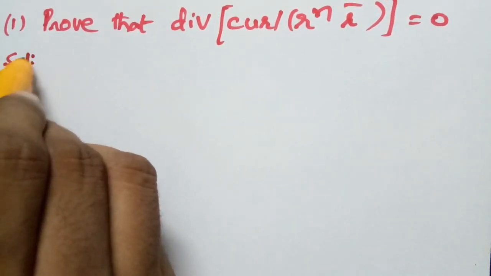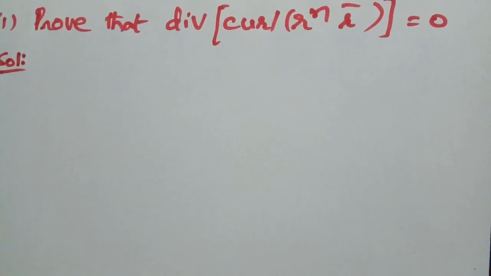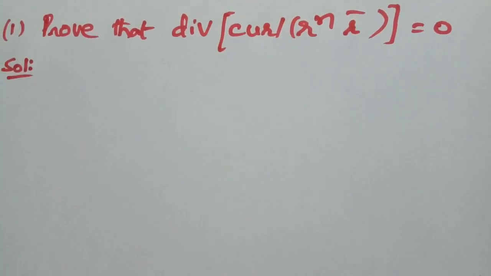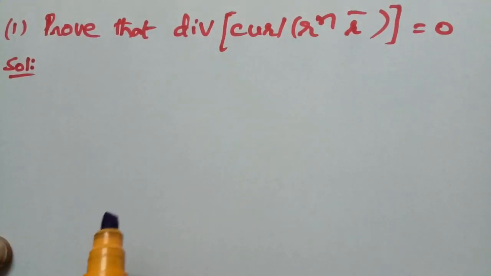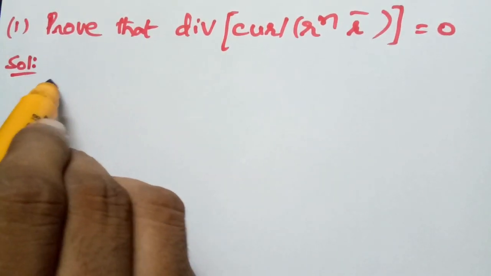Problems on vector identities. By using the vector identities, we can prove that div of curl of r power n into r bar is equal to 0. Now, first, we know that